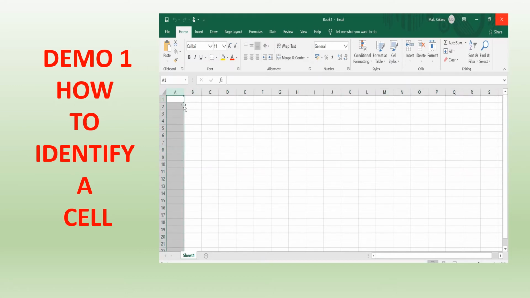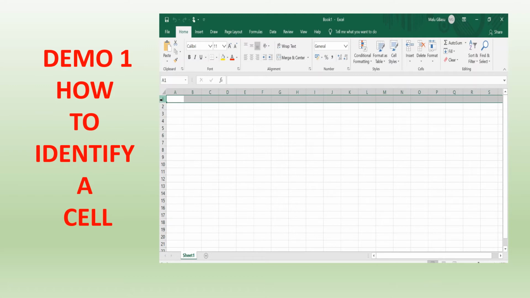Now you can see the columns are identified by alphabets A, B, C, D and rows are identified by 1, 2, 3, 4. So at this intersection where column A and row 1 intersect, this particular rectangular box is known as a cell.